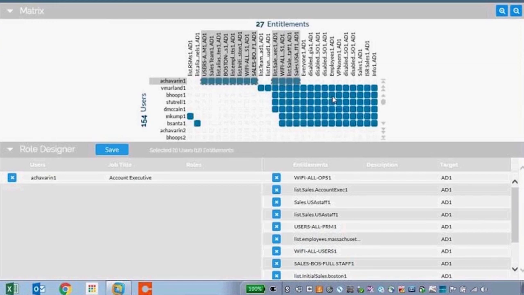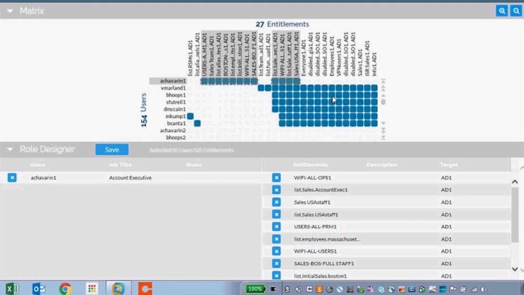Maybe they're not an account executive at all, and HR just has them labeled as that. I've run across that before. To your early example, maybe they've been with the organization for a long time and they've been over provisioned throughout their years, and they've got access that they were given in years past that was never taken away as they transition from one job or one department to another. So all these things really jump out at you without having to do a lot of complex analysis